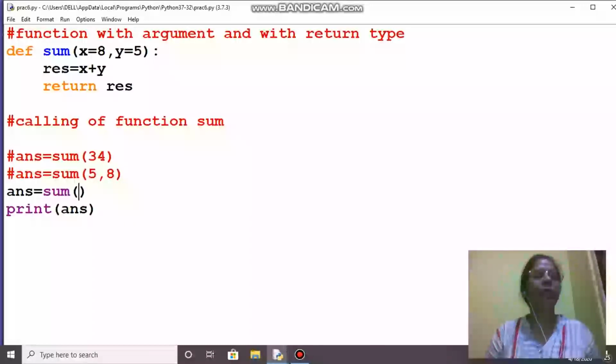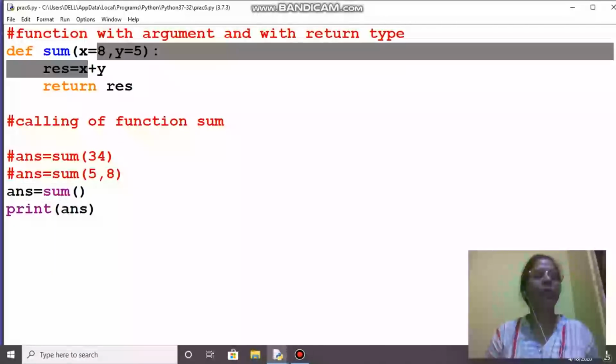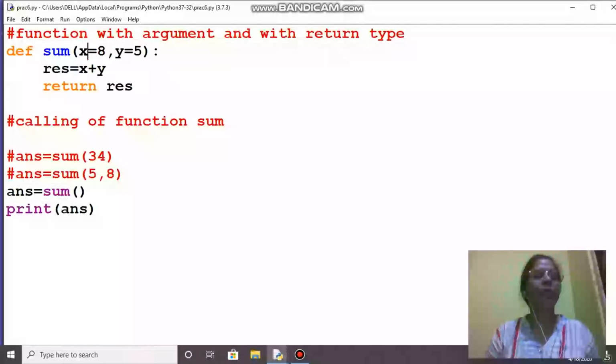Otherwise, where my mouse pointer is pointing right now, this could have given an error. The reason is that this is a function with arguments and I am treating it as a function with no argument. If you see this line, it looks like a function having no argument, but it has arguments.